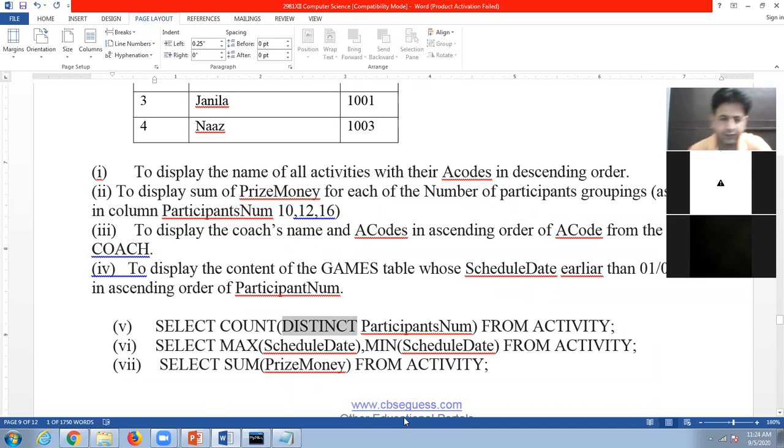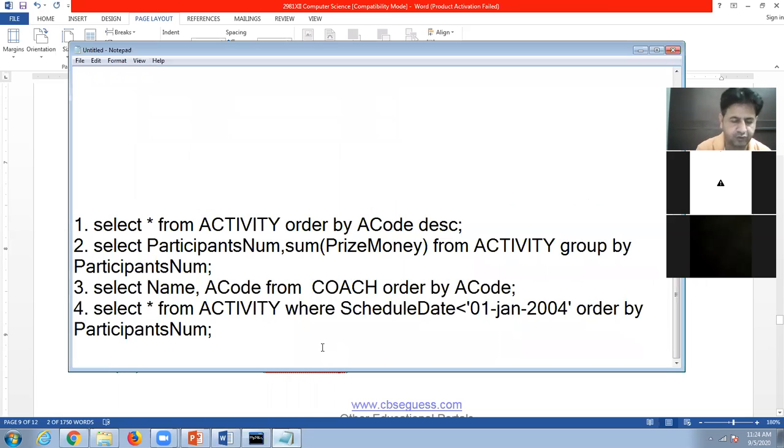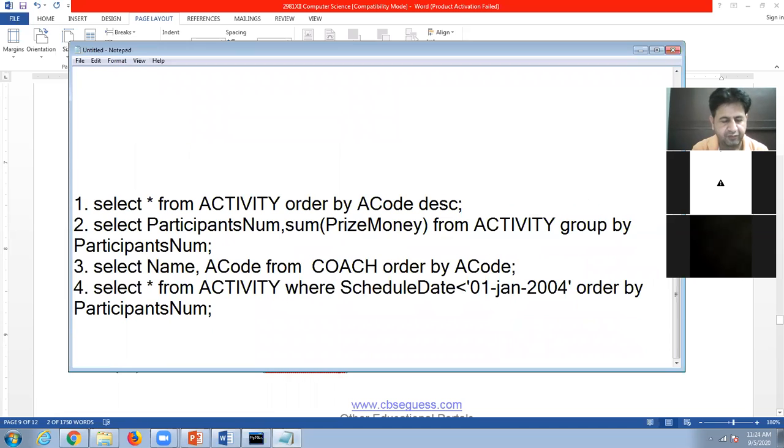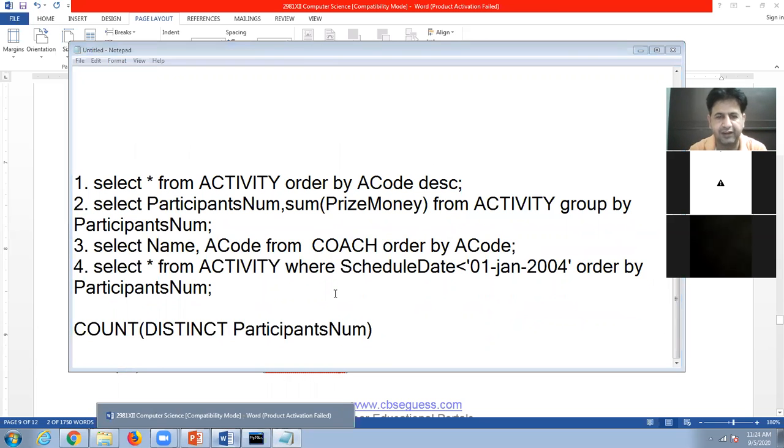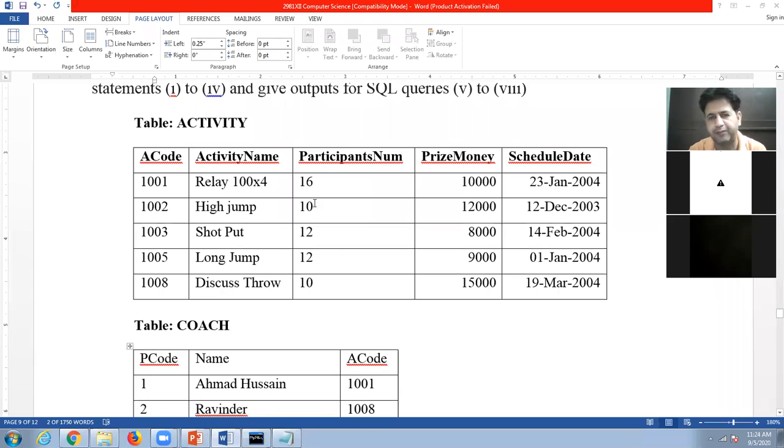So look at here, what will be the result? Output. The first column will be like this, then it will show different field names, different participant names, but duplication will be removed.